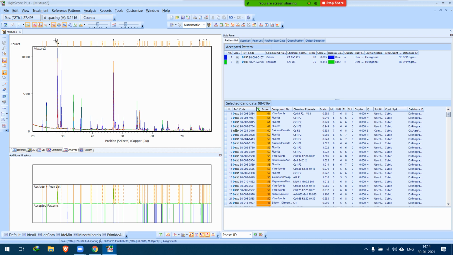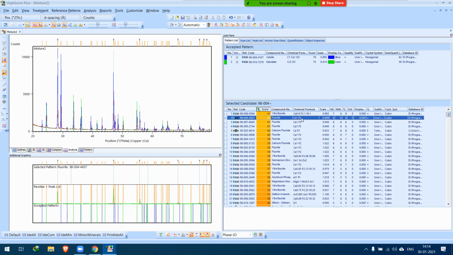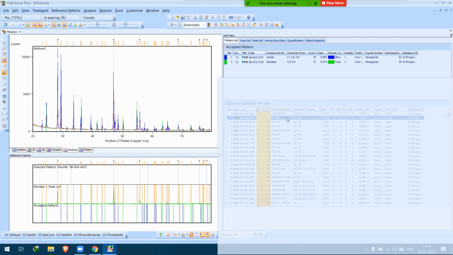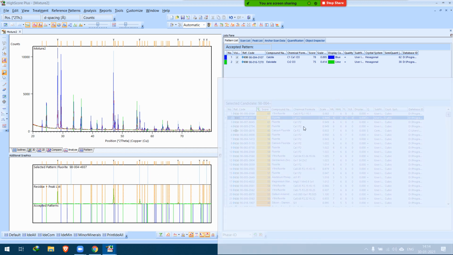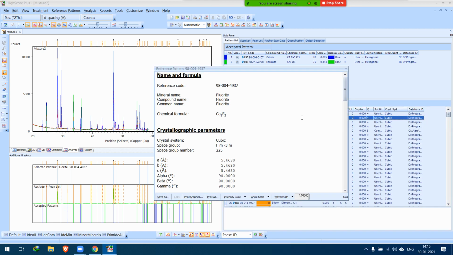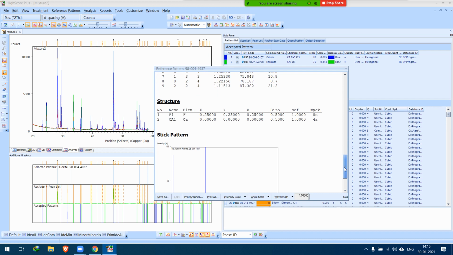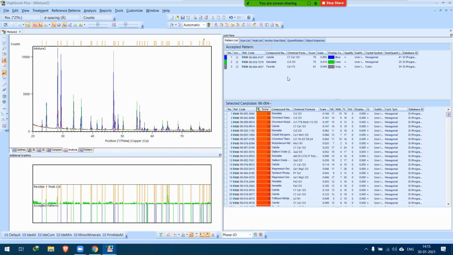We are still left with some peaks, and these are not small peaks. You can see this is a very high, large intensity peak. So there has to be another material also. Okay, so we can see CF2 is actually matching well. One, two, three. Okay, most of the peaks are agreeing with CF2. We'll just check whether a structural database is present or not. Okay, we have a structural database present. So I'm going to select CF2.